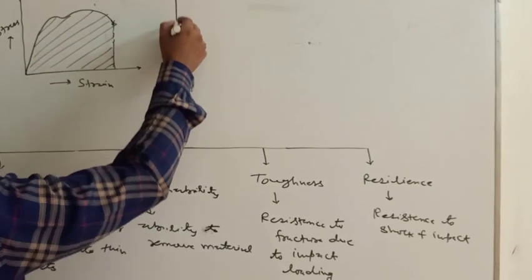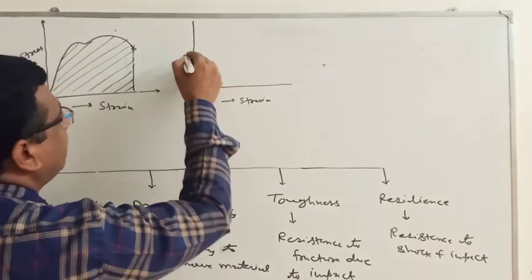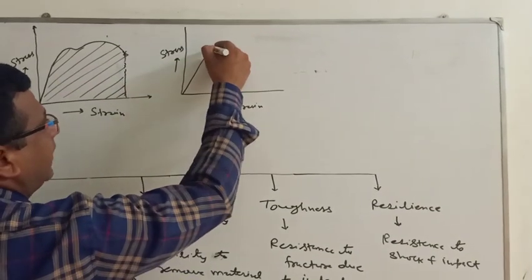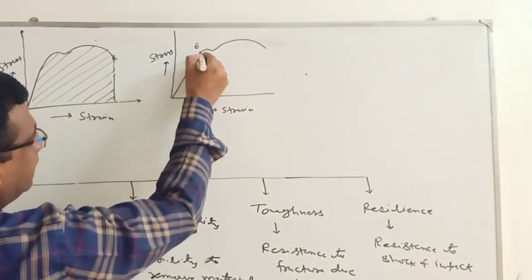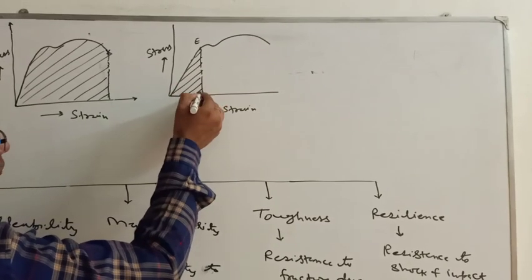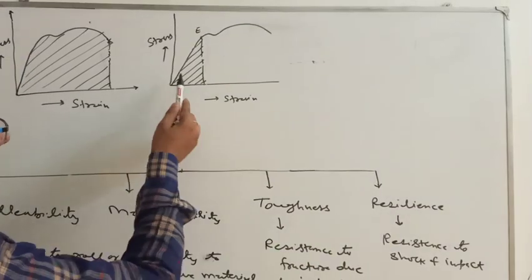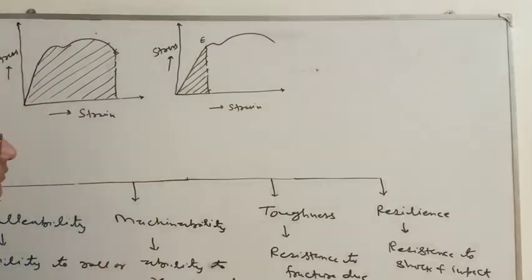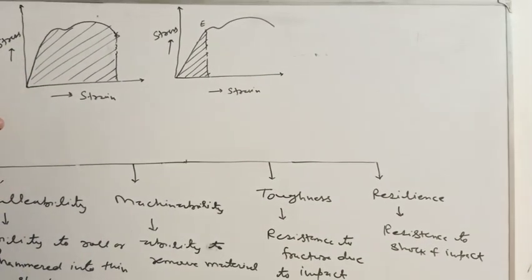If we consider this stress strain diagram, then we know that this is our elastic limit. The energy absorbed per unit volume up to this elastic limit is also considered as the resilience. This resilience is considered by this energy absorbed. We also use the word proof resilience when we are designing.